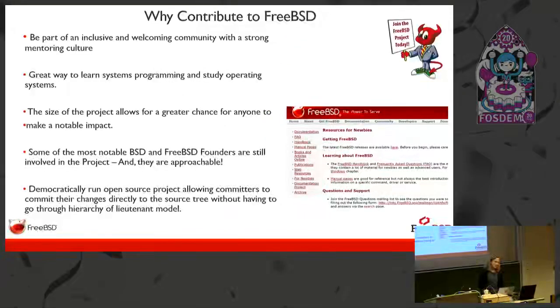And so why contribute to FreeBSD? I know I could actually make probably a book on this, and that's why I try to squeeze as much as I can, because here is why I'm trying to convince people to contribute to FreeBSD. It is a very inclusive and welcoming community. We had a developer summit on Friday, and there's a contributor, and I can't remember how many years she's been involved in the project. I just met her for the first time here.